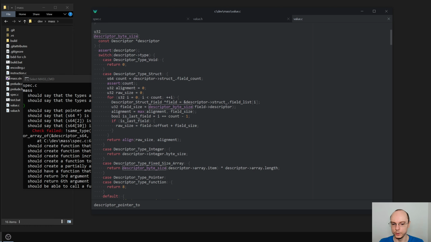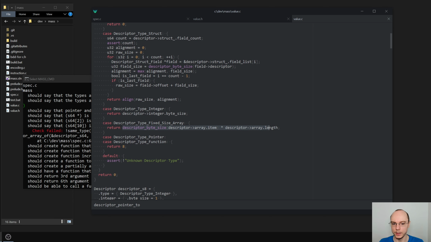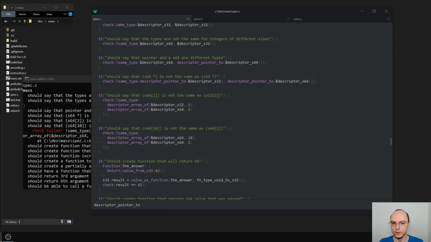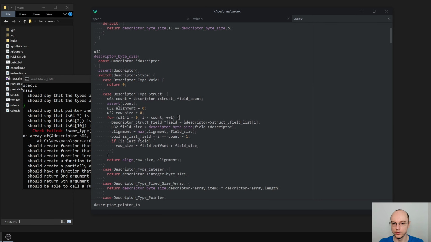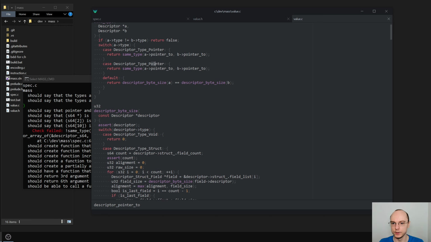But if we look into here, it should have multiplied the sizes and said to us that they are not the same, right? So what is going on? Okay, let's have an explicit case for arrays regardless, because it